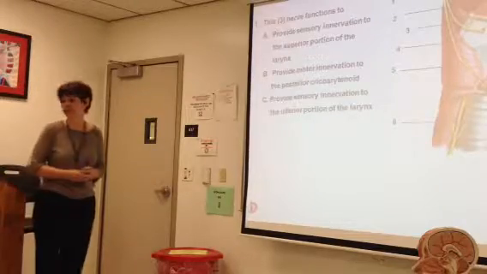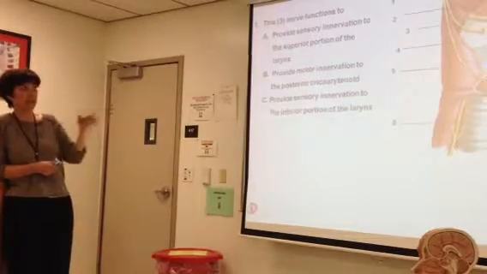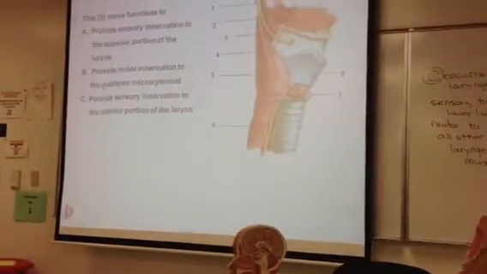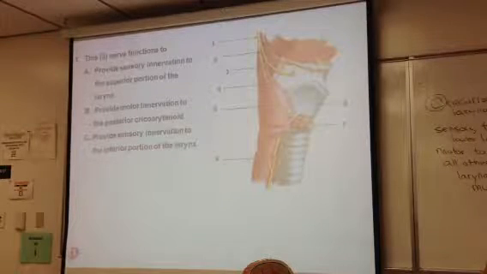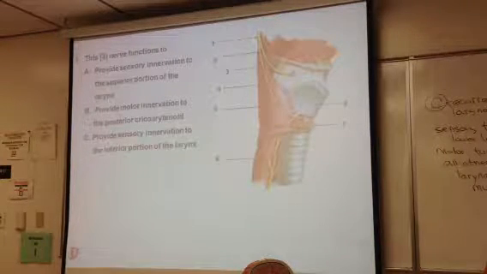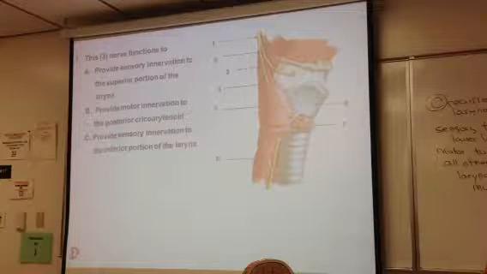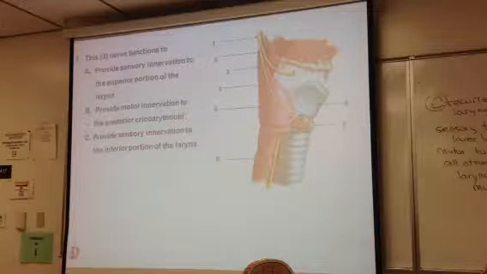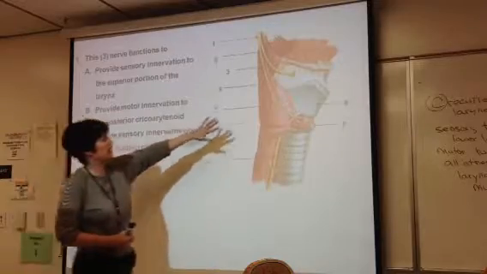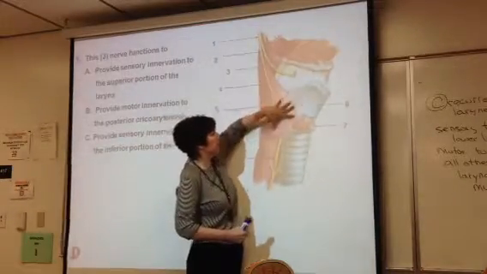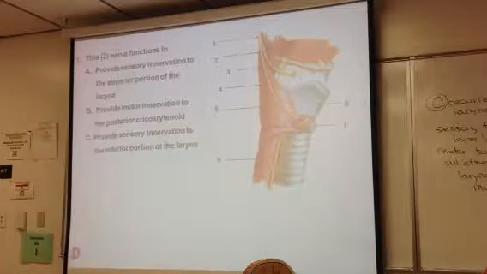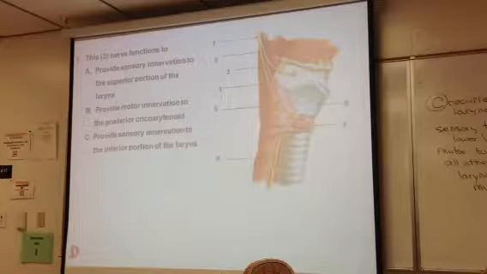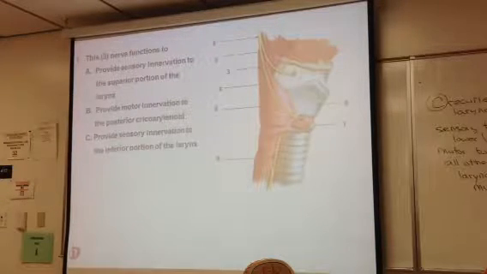This is a picture from Netter. So you're not seeing the vagus nerve itself, but you're seeing number 1 would be the superior laryngeal nerve, 3 would be the internal, and 4 external, and 6 recurrent. So here you're seeing the middle constrictor, inferior constrictor and middle constrictor. So the question says, nerve 3, internal laryngeal nerve, functions to provide, and the answer would be